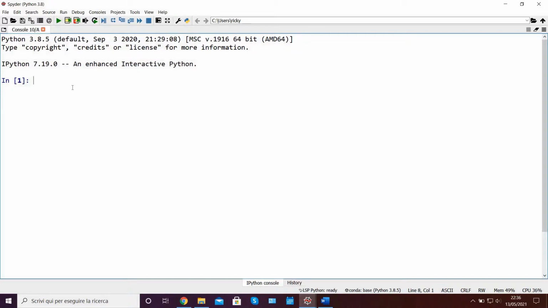Today we will look at some key NumPy functions and methods. First, as usual, let's import NumPy by writing import numpy as np. Now the first function we'll look at today is called arange, and we can write